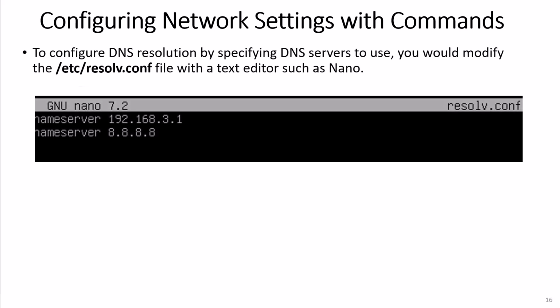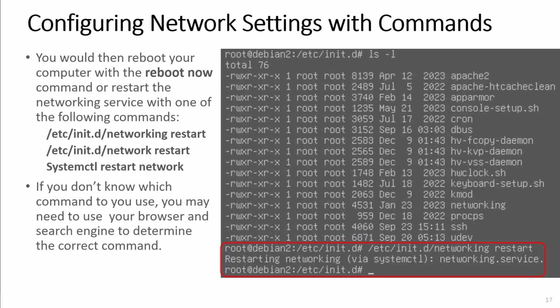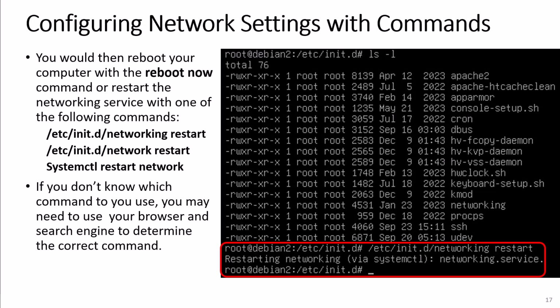To configure DNS resolution by specifying DNS servers to use, you would modify the /etc/resolv.conf file with a text editor such as Nano. You would then reboot your computer with the reboot now command or restart the networking service with one of the following commands: